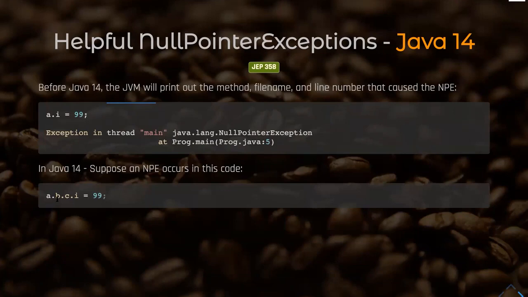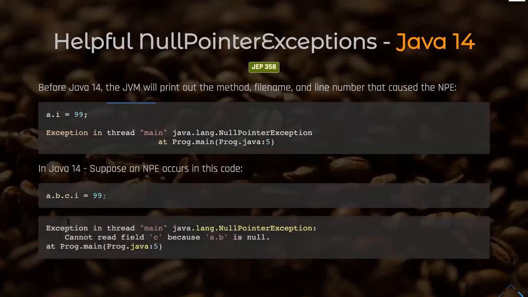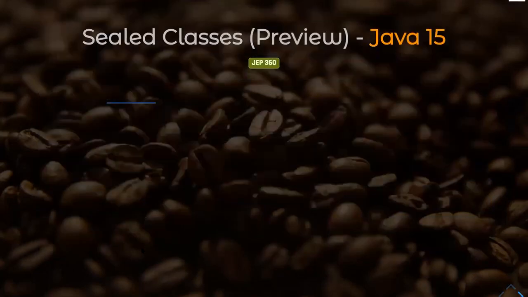Either it's B or A or C, or which one of these. So with the new feature, the error message will be clearer, saying that, okay, there is a null pointer exception. I cannot read field C because A.B is null, which means B is null. And you can find the problem in line number 5. So it's a really great feature.